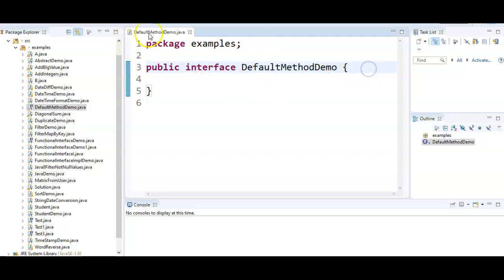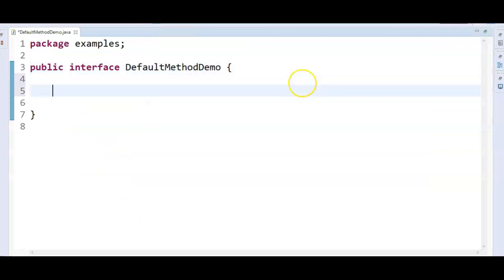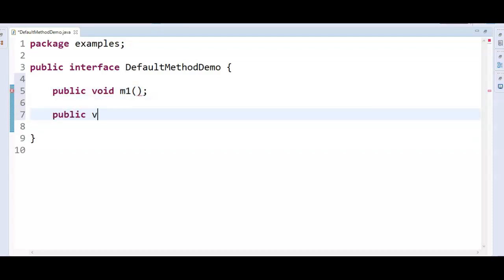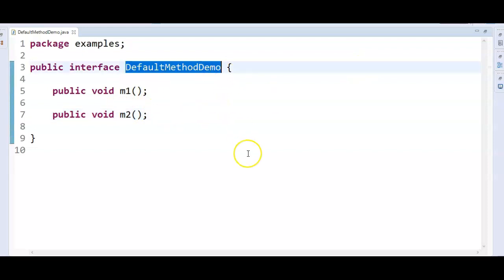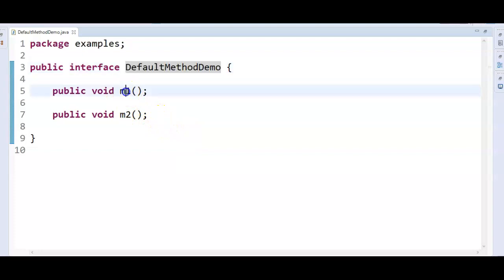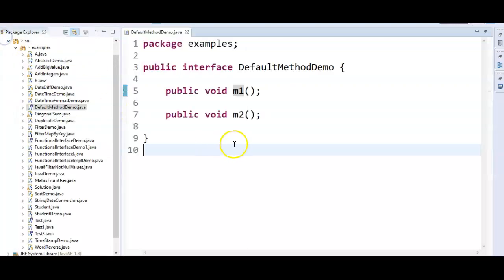And now we are going to add methods to this DefaultMethodDemo: public void m1, public void m2. Whoever implements this DefaultMethodDemo should provide the implementation for m1 and m2. Otherwise we'll get a compile time error.